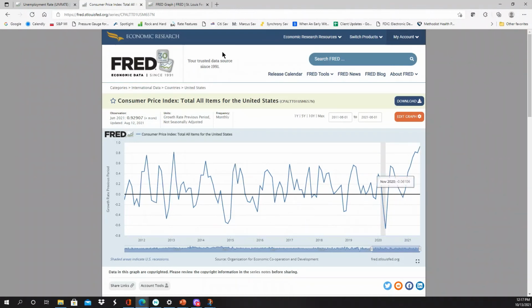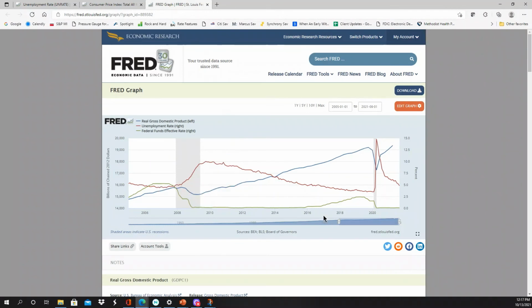And so when you put it all together, it's hard not to envision that the Fed has to seriously consider going off of the floor of interest rates when we have an unemployment level of 4.8, again, below where we've been 80% of the time. We've been above this kind of level.